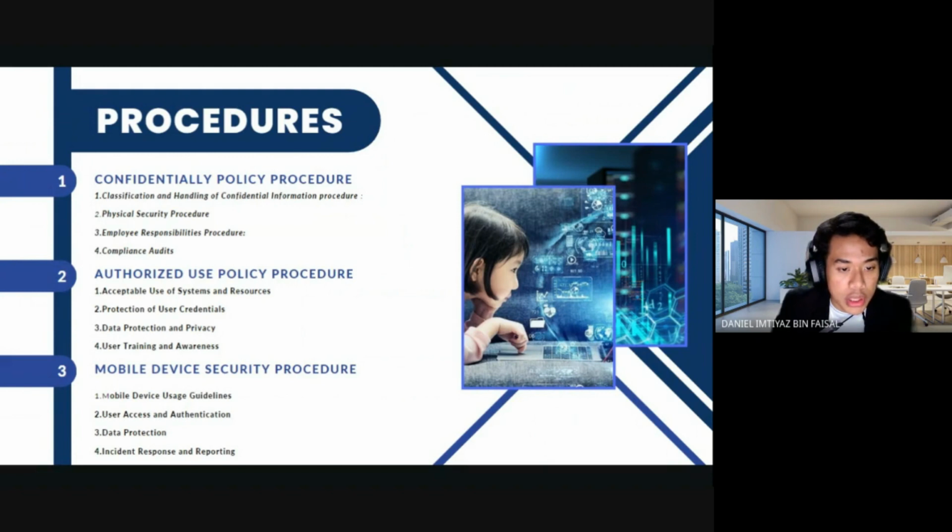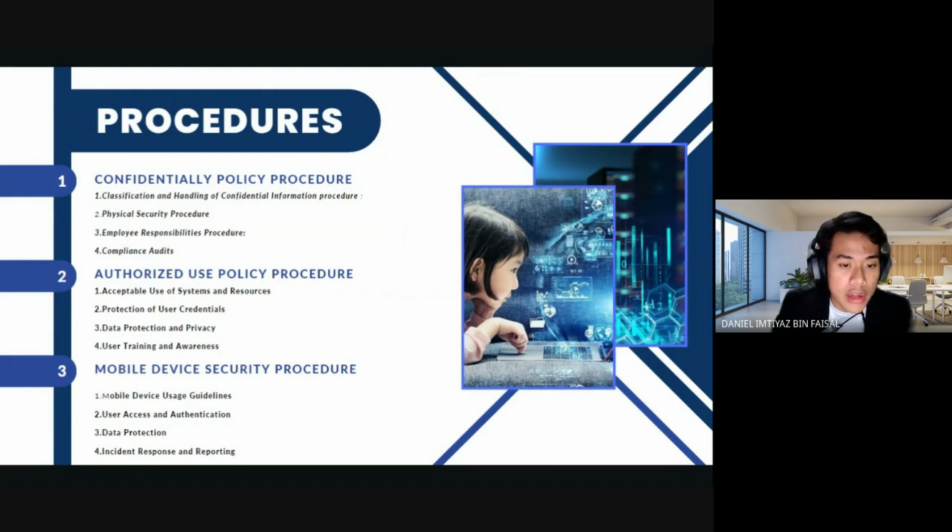Next one is data protection and privacy. Outline the duties that are associated with maintaining the confidentiality of sensitive data and complying with data protection legislation. The last one is user training awareness. Users should be educated on the needs of the policy on a regular basis via regular training.